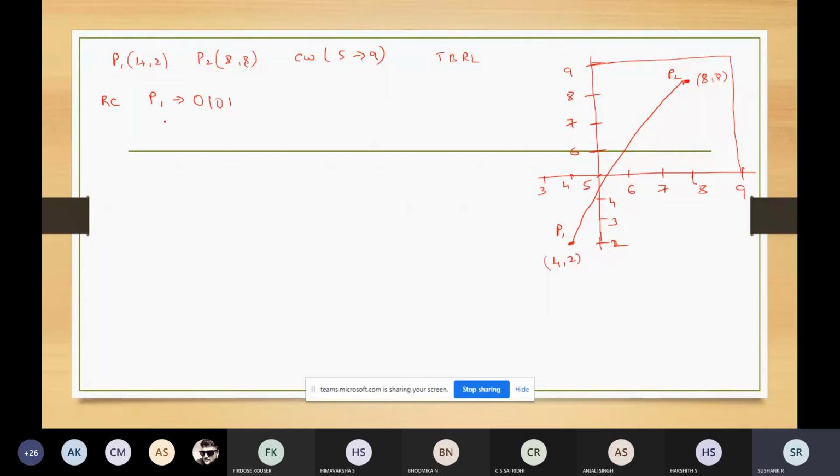And for point P2, since it is within the clipping window, we know that it is 0000. After this, we'll perform the AND operation. The result will be 0000, so the result of this will be 0. We have one point which contains non-zero values and one point P2 which contains all values as 0. Since P2 has all values as 0, it lies inside the clipping window, but P1 contains two digits where the value is not equal to 0, so it lies outside the clipping window.